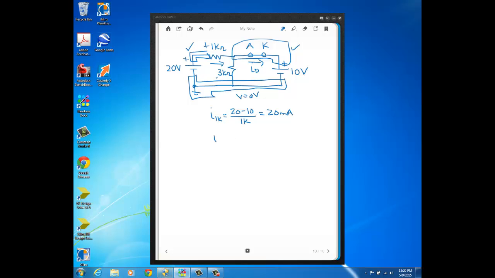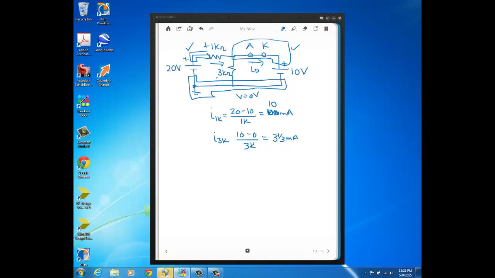And then for the 3K, we're going to have 10 minus 0, the voltage across the 3K, divided by 3K. No, actually, I made a mistake here, didn't I? It's 20 minus 10, sorry about that. This is 10 milliamps. Obviously, 10 divided by 1K. And then our 3K current is just going to be 10 divided by 3K, which is 3 1/3